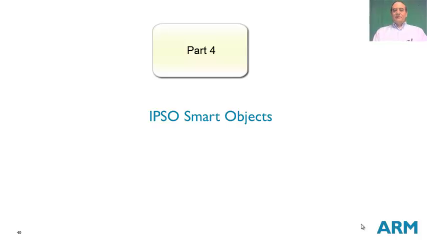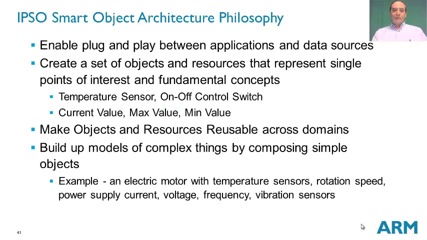So the last part of the stack is IPSO smart objects that run on top of lightweight M2M. IPSO smart objects basically provide plug-and-play interoperability between applications and IoT data sources, sensors, actuators, and other gateways, for example. The philosophy with IPSO smart objects is to create a set of objects and resources that represent simple measurements in single points of interest, fundamental concepts, so temperature, pressure, on-off switch, things like that, and resources that represent single